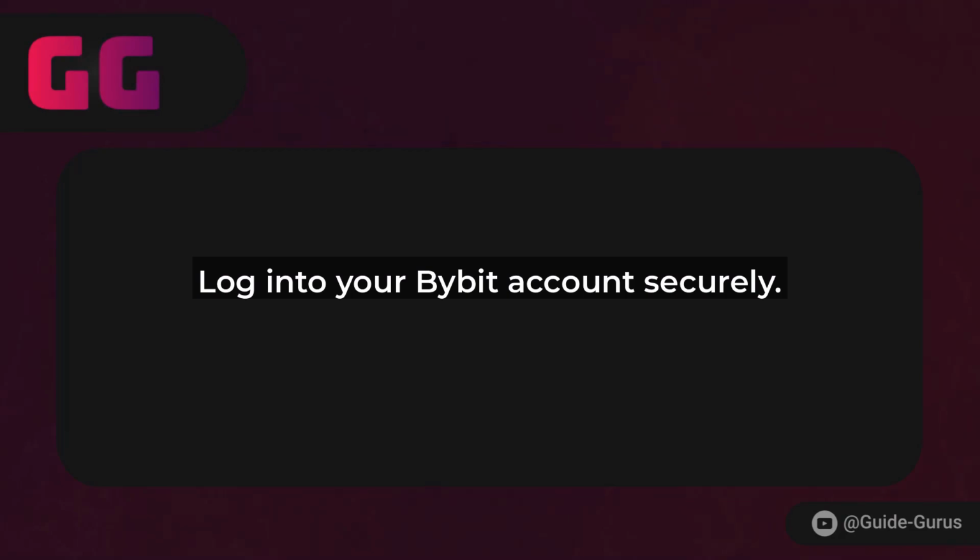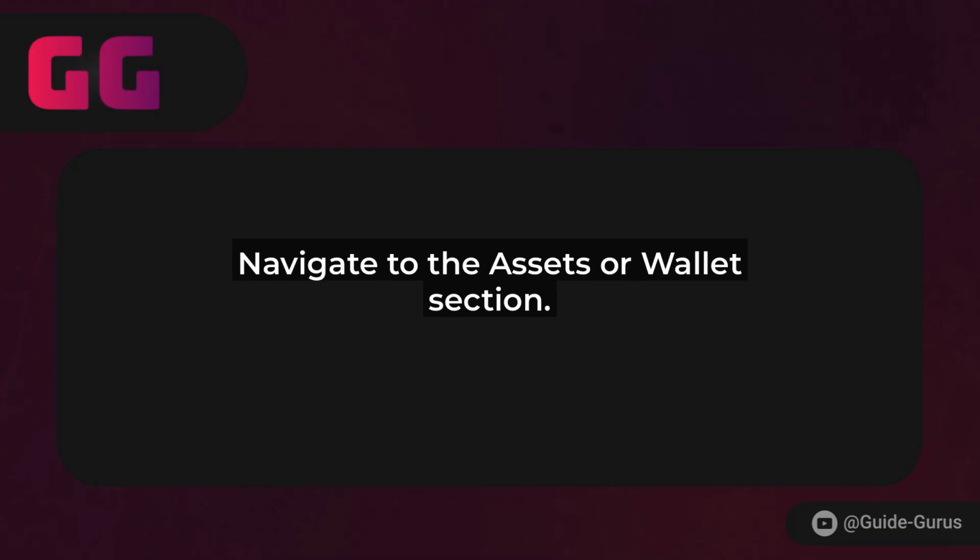Your life easier. Today, we're tackling something super practical: how to withdraw your USDT from Bybit in 2025. Whether you're a seasoned trader or just dipping your toes into the crypto world, this step-by-step guide will have you withdrawing your funds smoothly and securely. Bybit is one of the top exchanges out there, and with its user-friendly interface, this process is a breeze. But remember, always double-check everything to keep your assets safe in this ever-evolving space.